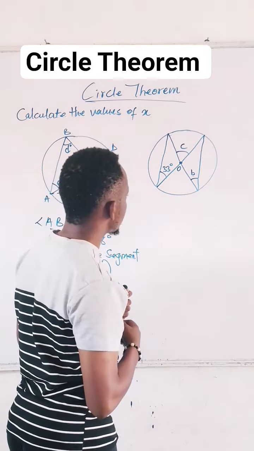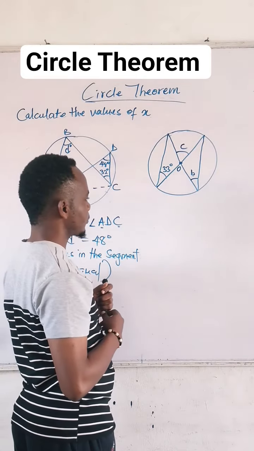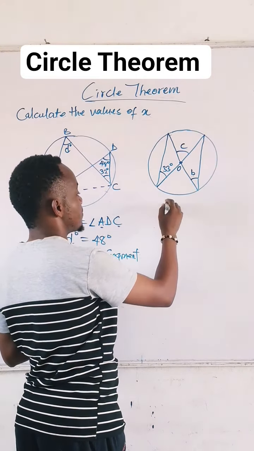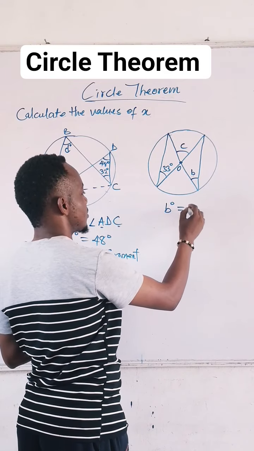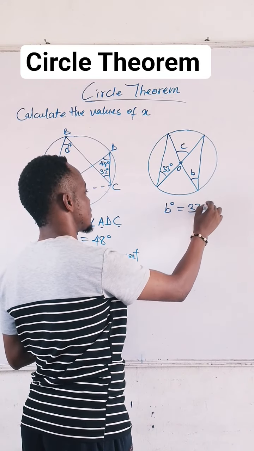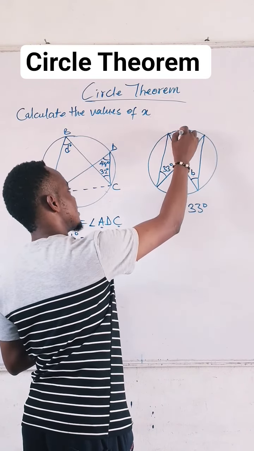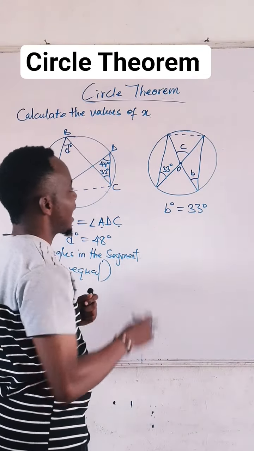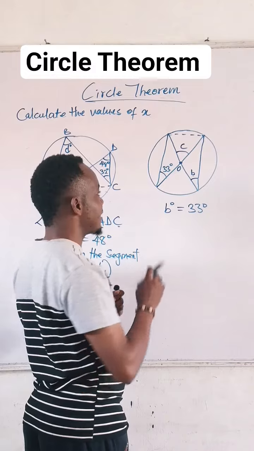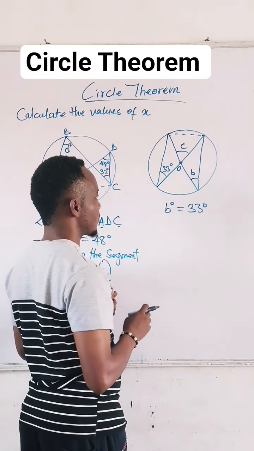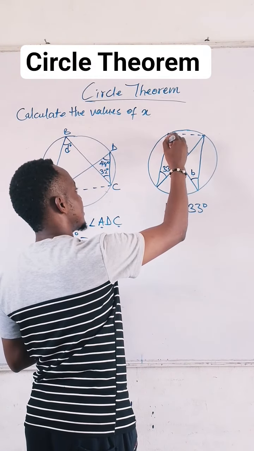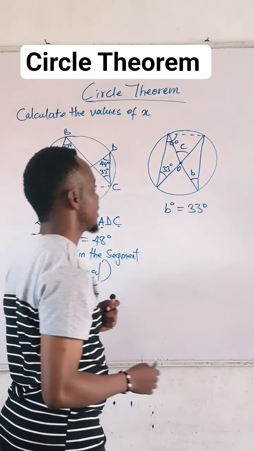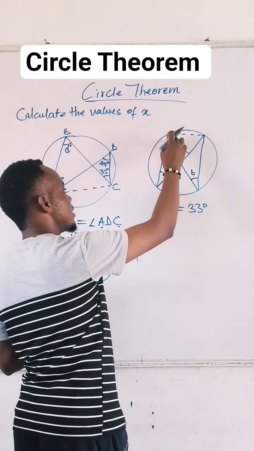So what do we do in getting the answer? Now first thing first is to state that B is equal to 33 degrees because they are subtended by this chord. Okay, so invariably I have formed a right angle triangle. So here is 90 degrees. 90 degrees. It means that if I know here to be 90